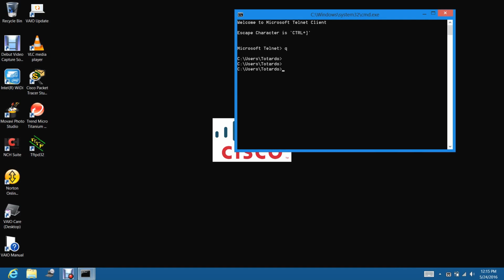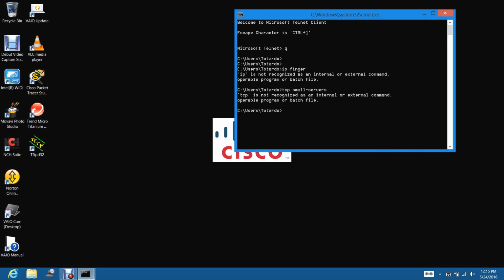So for recap, we already configured IP Finger in the router, and we configured TCP small servers in the router.